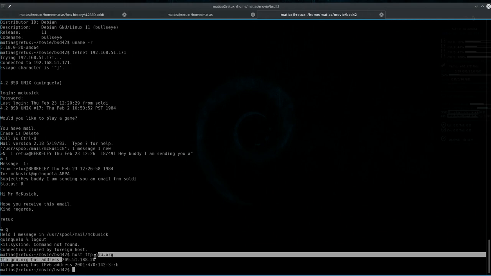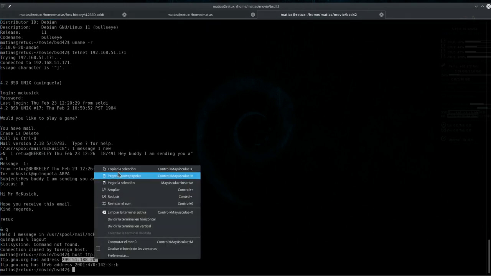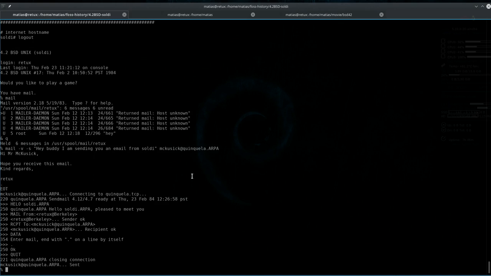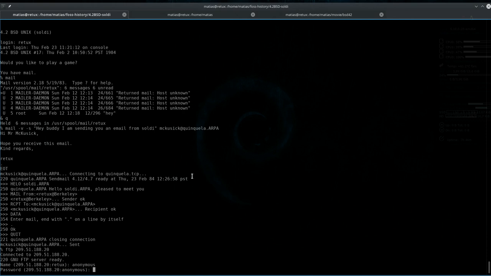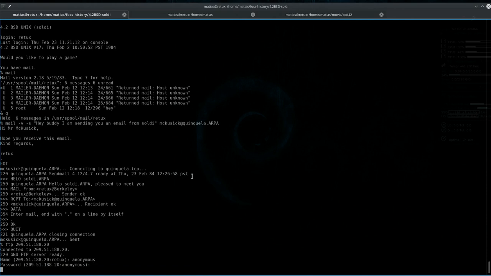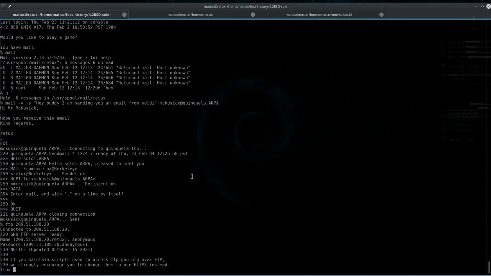Of course, there aren't many FTP servers out there nowadays. See, we are anonymous, and voila, we have connected from 4.2 BSD to the GNU.org FTP server.